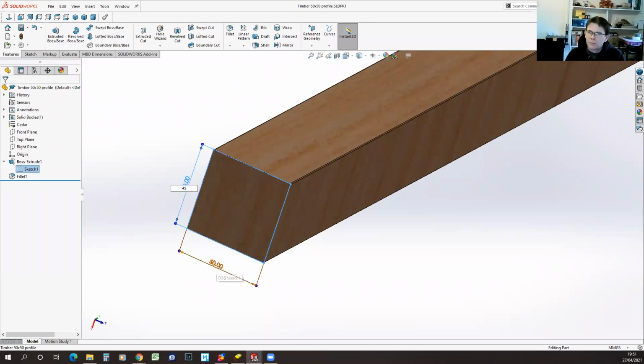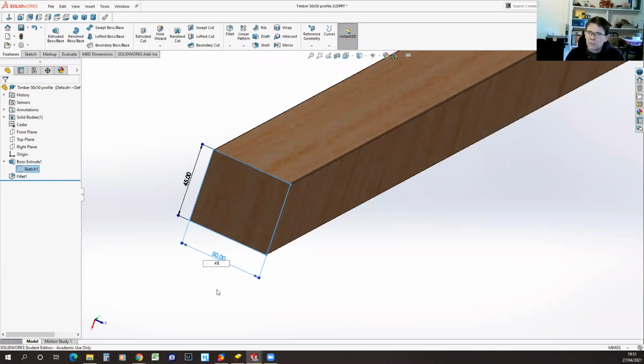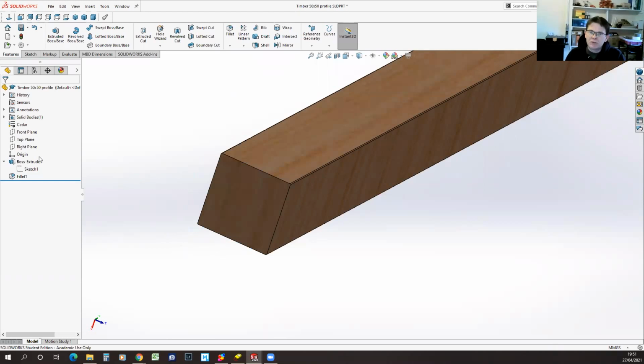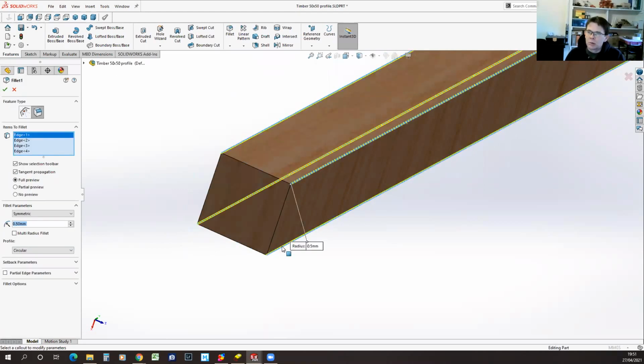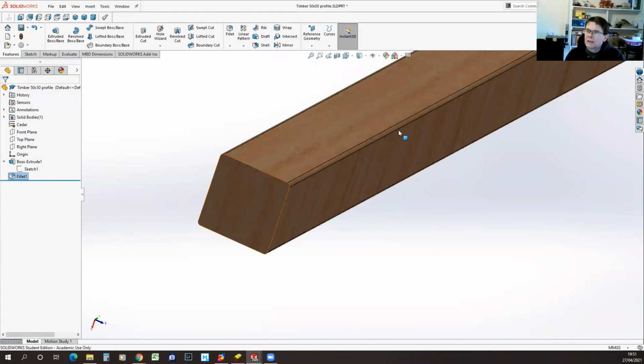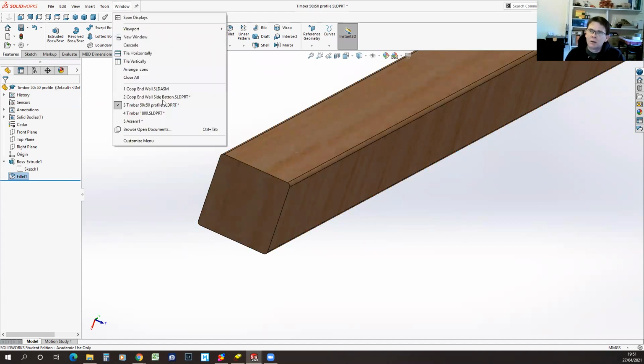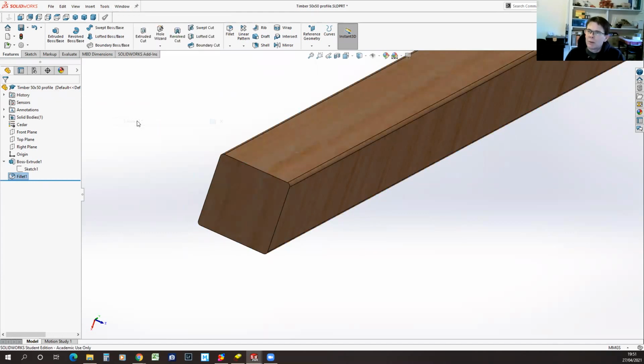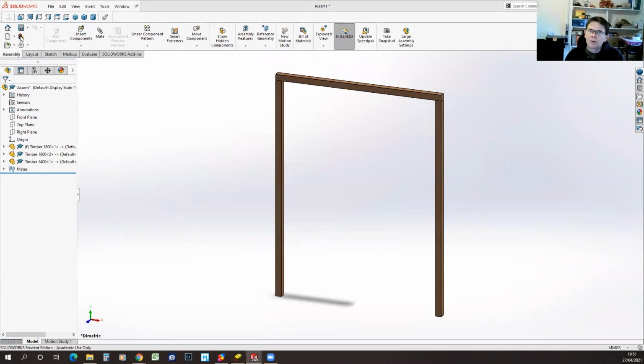So if it was actually 45 by 45 and maybe the fillets were much more pronounced. I've made that modification to my master part. And now if I go back to my assembly and click rebuild,